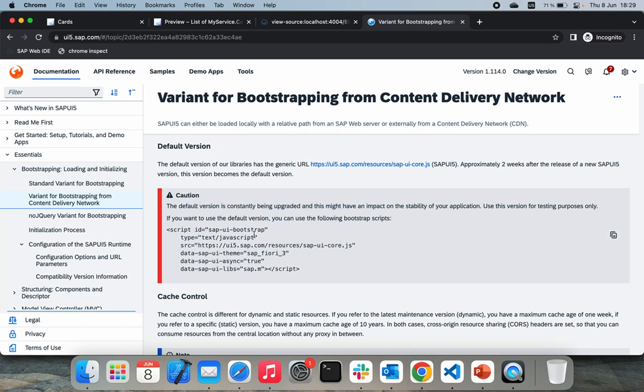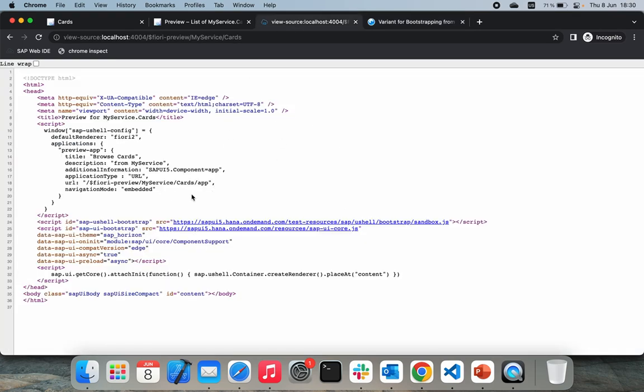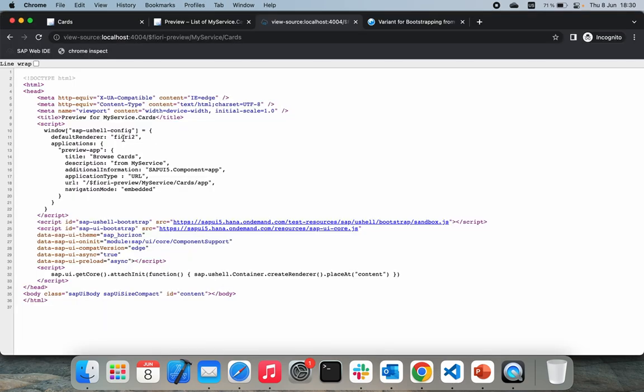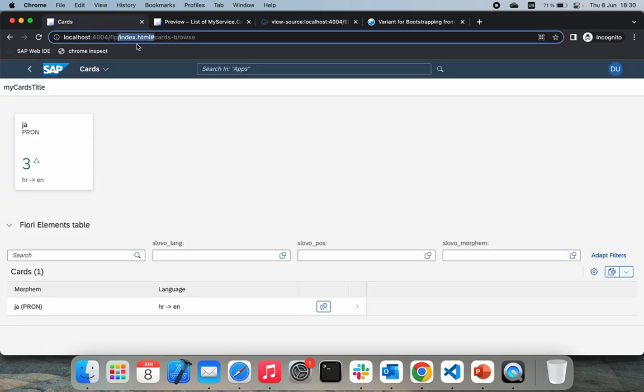Actually, before doing this video, I never bothered reading this, so it looks like it's not the recommended way. But of course, from the CAP perspective, there is no way for them to know what is the current or your target version. I mean, of course, you can put it somewhere in a package like cds fiori preview version, but whatever. You would like to have your own index file or something else to bootstrap and configure the